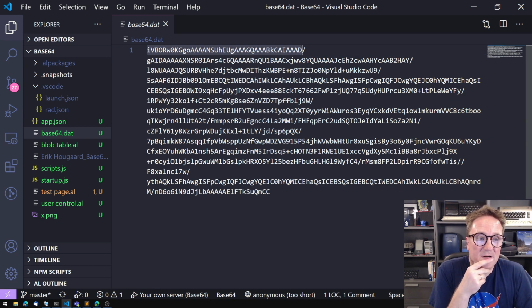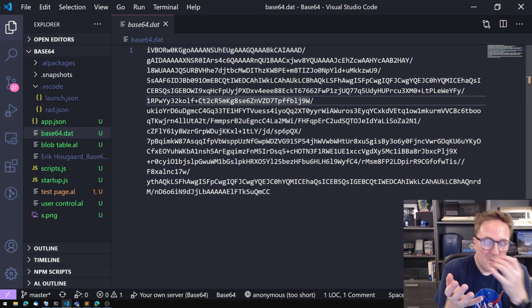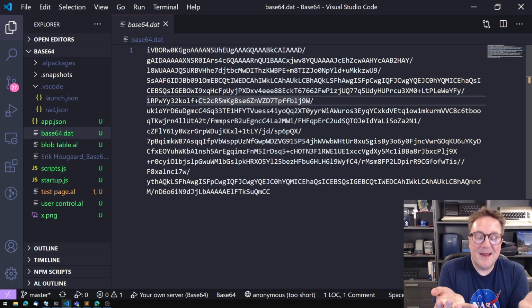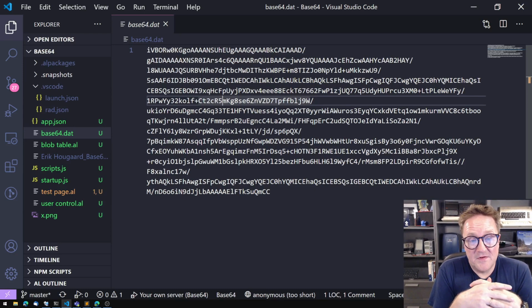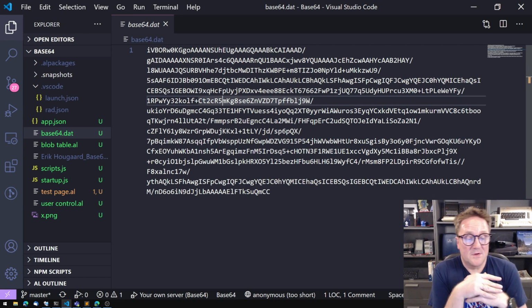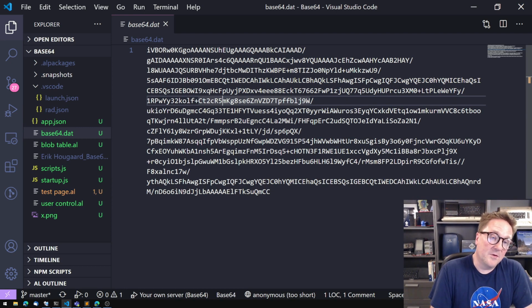The great thing about Base64 is that what you see can fit within that 7-bit limitation of an email. So this is how you can actually get data into an email, even though this is binary, this is full bits, it can still get transported. Anyway,